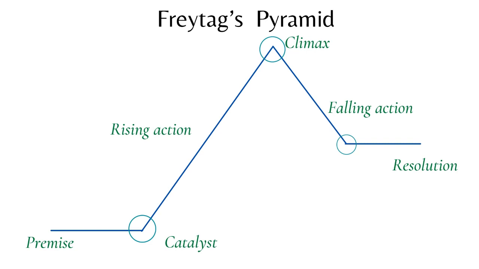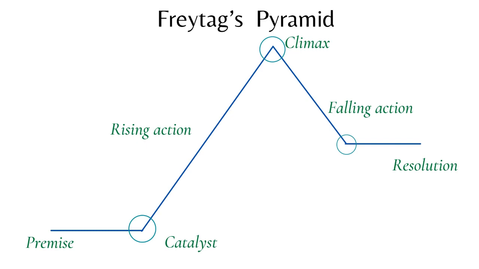Okay, so there you have it. These are the 5 stages of a story structure, the framework that a writer should follow while writing their story, fictional writer in this case. And they are the premise or the exposition or the setup, and then you end that with your catalyst, the inciting incident, and that goes on to the rising action, where you introduce more characters, introduce your villain and all that, and then that will set up the climax, where everything